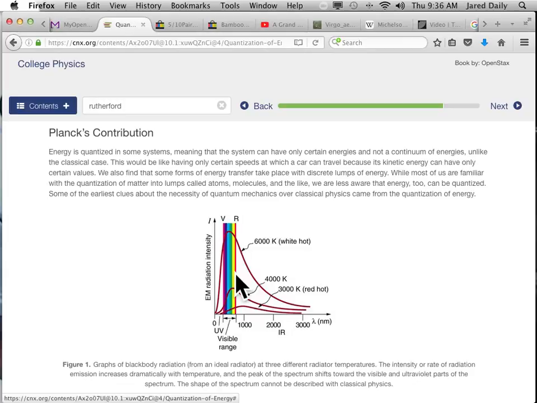Eventually you'd reach an infinite amount of ultraviolet light or an infinite amount of X-ray light, but there is no availability for infinite amounts of energy. It's just not allowed in the universe. It's never been observed and it's not allowed. And so this theory was breaking down and people were having trouble with it until Planck came along and started